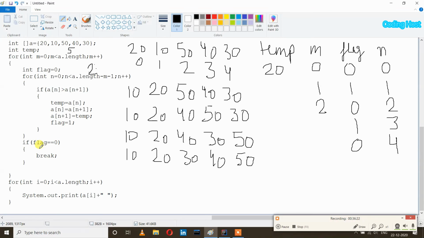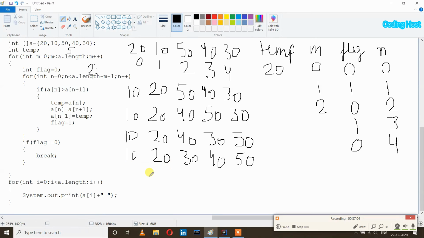So now it will not have to execute the remaining iterations. And if we are not using this flag variable here, then in that case this for loop will execute from 0 to 4 index, even though the elements of this array have already been swapped. So in that case, the executing time of this algorithm will increase. So that's why we are using a flag variable.